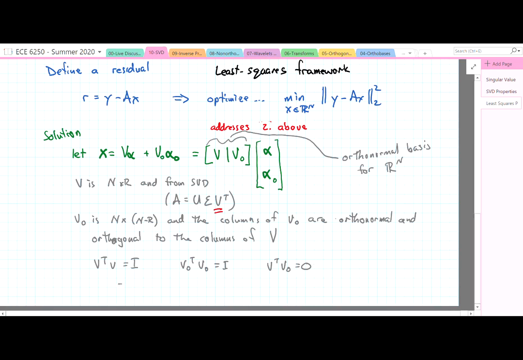So our last property, which comes from the fact that we have an orthonormal basis, is that if we took our orthonormal basis, meaning the columns from the matrix V0, we're going to get the n by n identity matrix. Okay, so setting this up,